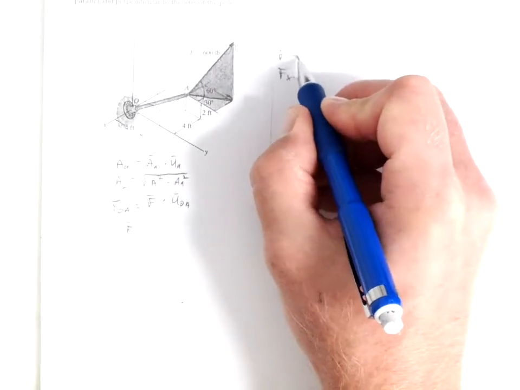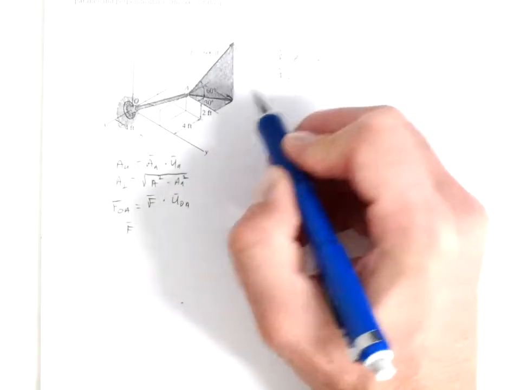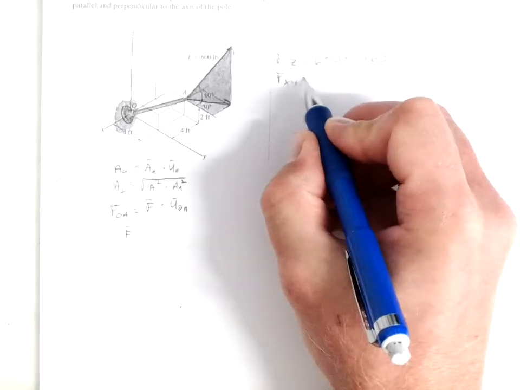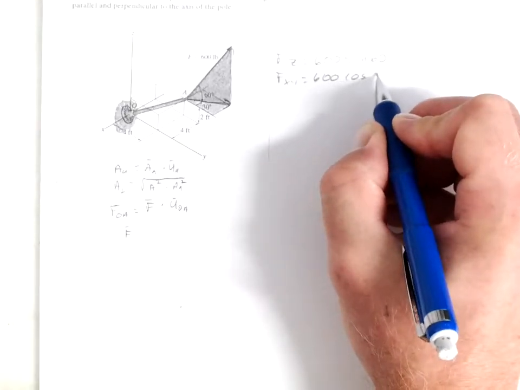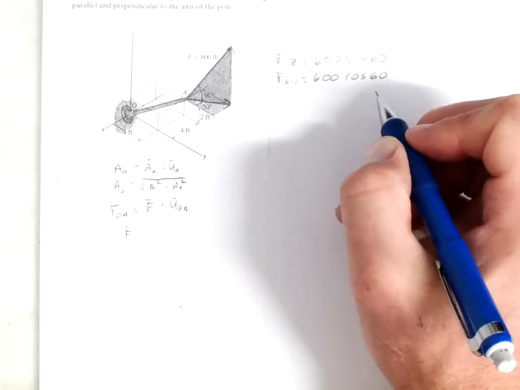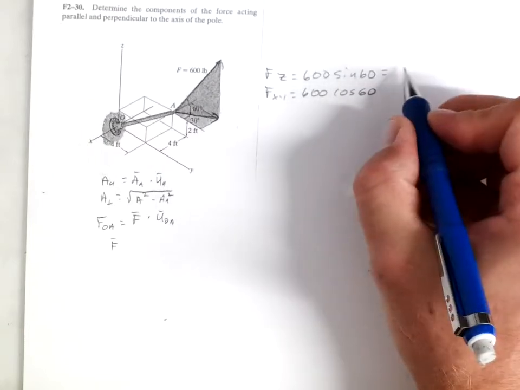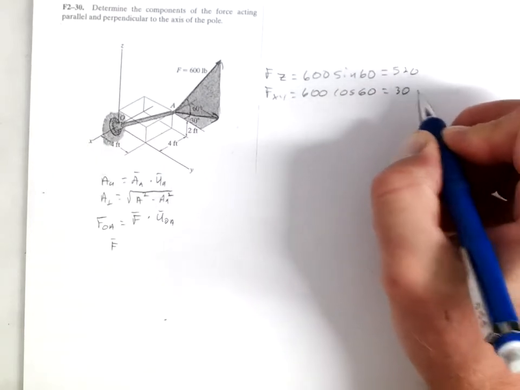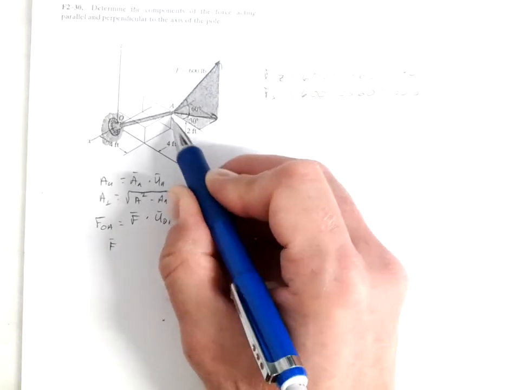So Fz is equal to 600 sine of 60, and Fxy is 600 cosine of 60. So this is equal to 520, and this is equal to 300. So if we take that 300 and break it down further into x and y,